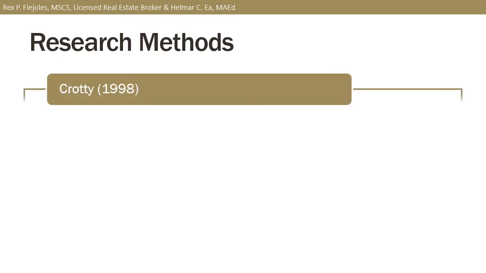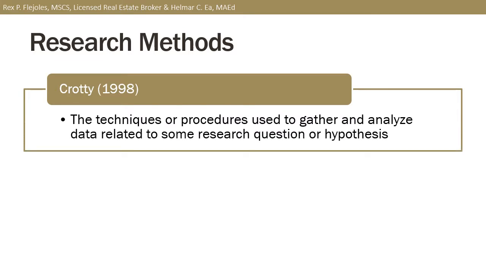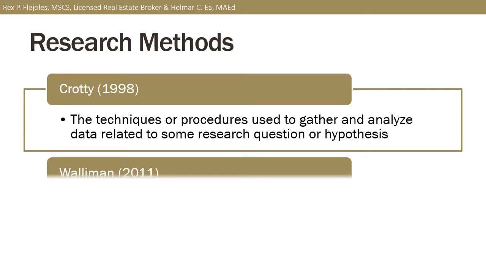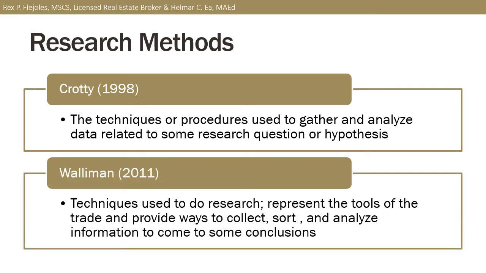First is from Kroti. Research methods refer to the techniques or procedures used to gather and analyze data related to some research question or hypothesis. Similarly, from Waliman, research methods refer to the techniques used to do research. These represent the tools of the trade and provide ways to collect, sort, and analyze information to come to some